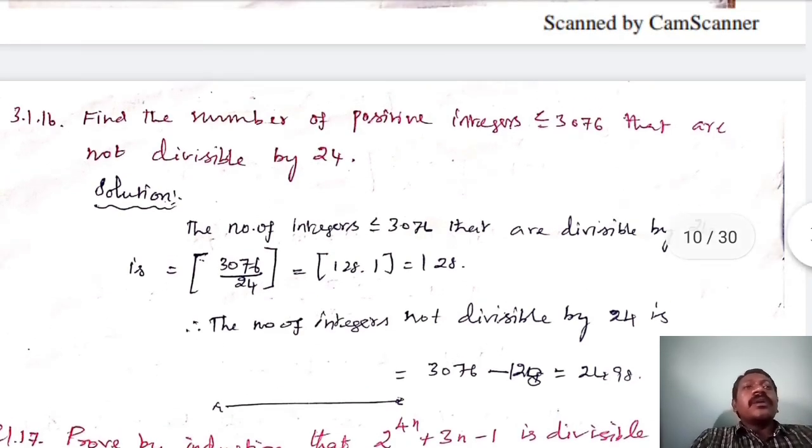So the final one: find the number of positive integers less than or equal to 3076 that are not divisible by 24. So it is also very easy. First we have to find the number of positive integers less than or equal to 3076 which are divisible by 24, and then we have to subtract from the given value. The number of positive integers less than or equal to 3076 that are divisible by 24 is 128. Then the number of integers not divisible by 24 is 3076 minus 128. Then we will get